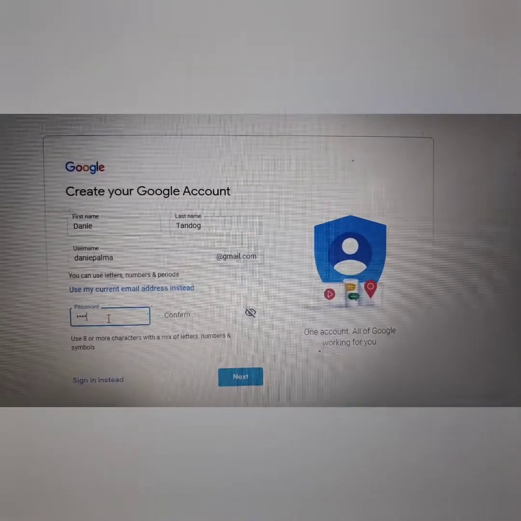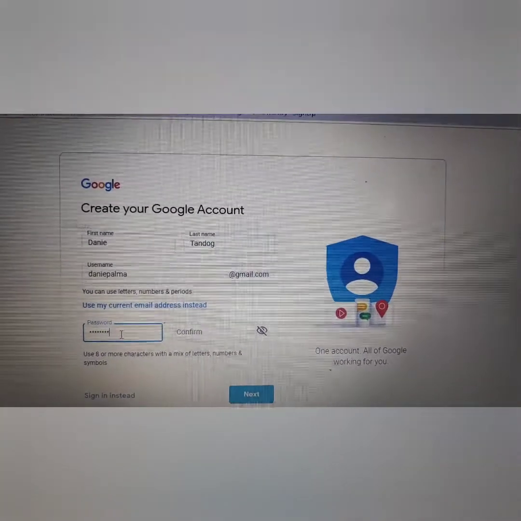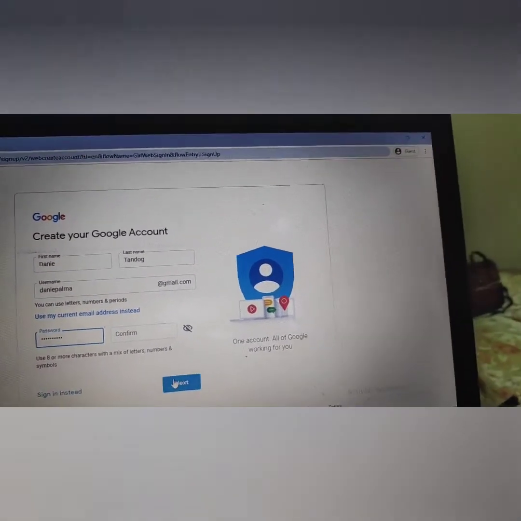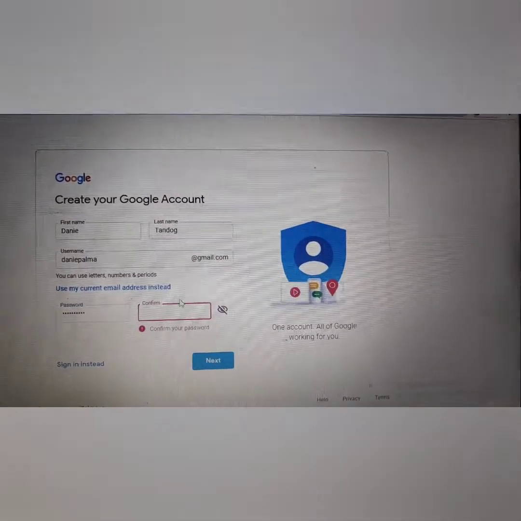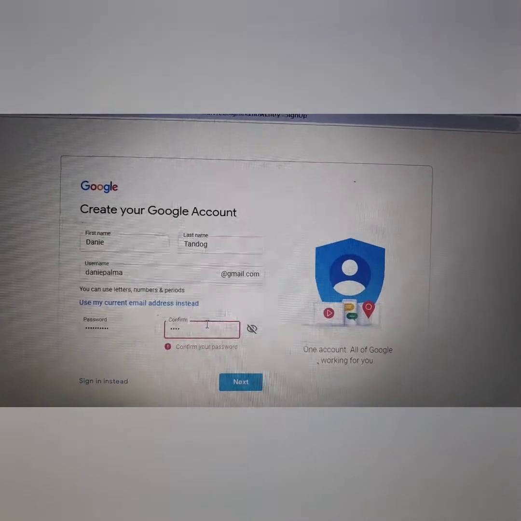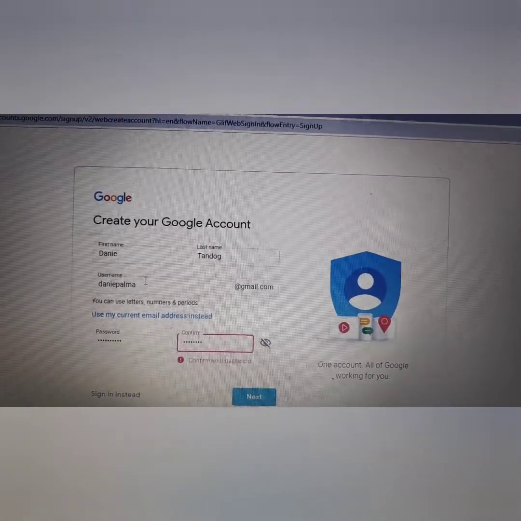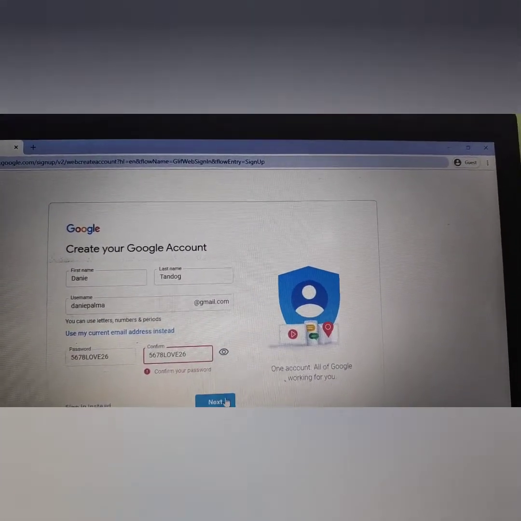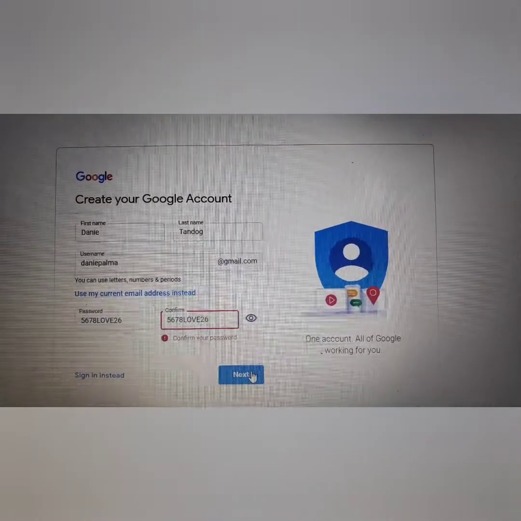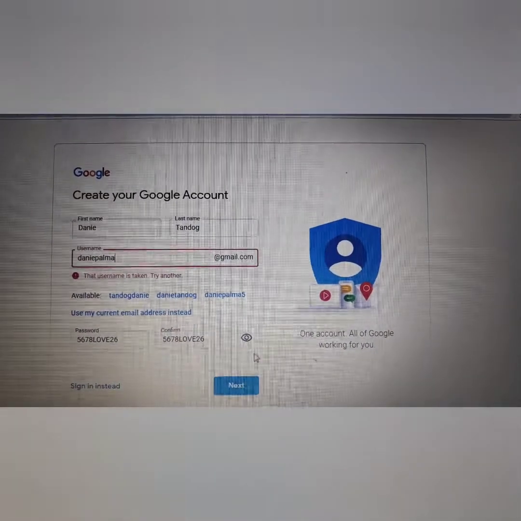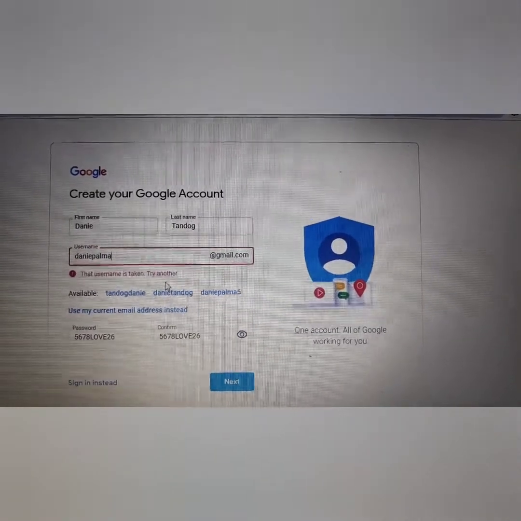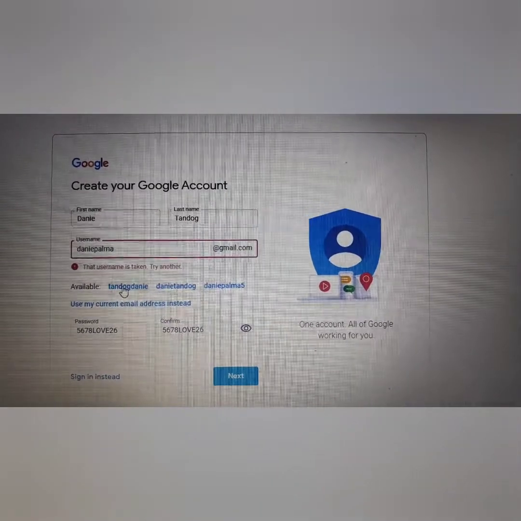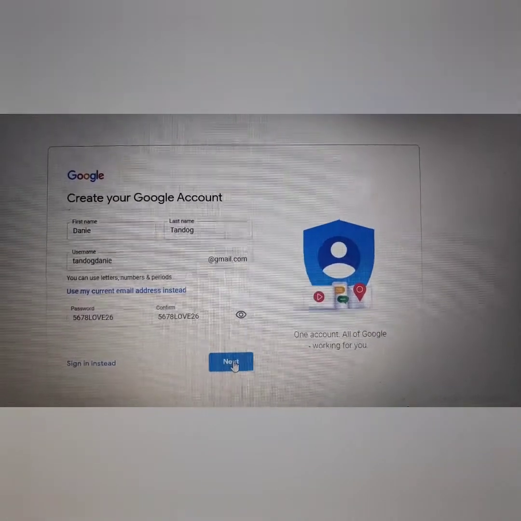Okay, so our password, 5, 6, 7, 8, love 26. Okay, next, 5, 6, 7, 8, love 26. Okay, so next. Okay, so there is a suggestion there, look at, so we will choose this one. Okay, and then next,